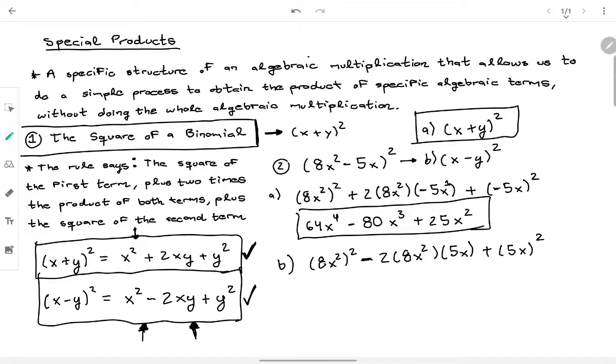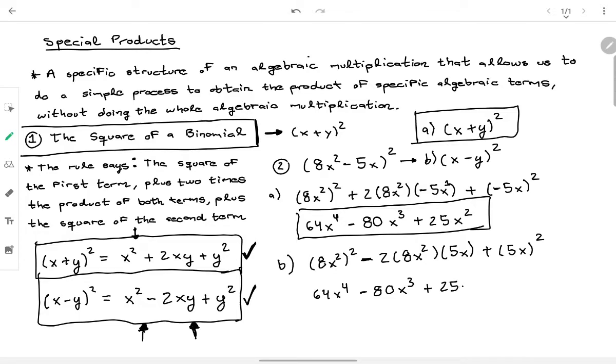So that's very important for you to remember. So let's see, if we apply the second rule, we will use 64 x to the fourth. Then it's going to be minus 8 times 2, it's 16, times 5, it's 80 x cubed, plus 5 squared